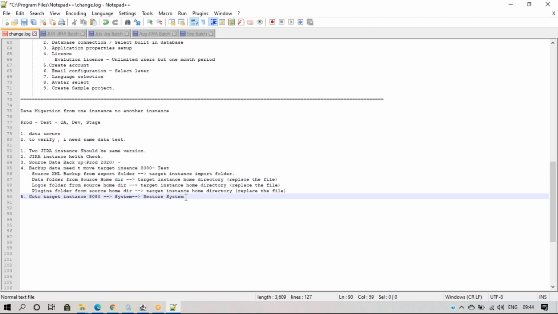So move to restore system, enter the file name .zip.